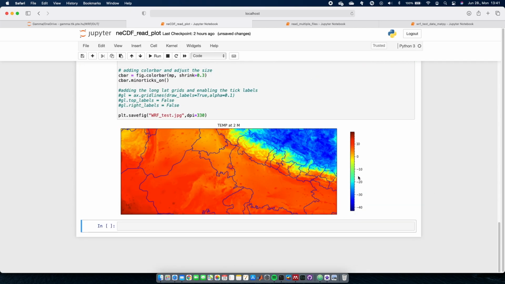You can see the minor ticks here, and after that you'd like to see the longitude and latitude also here. So what I did, I just took the grid lines from the axis. So these are the top labels, I don't want the labels here and on the right side, so I just made it false, I just turned off the labels from the top and the right side.